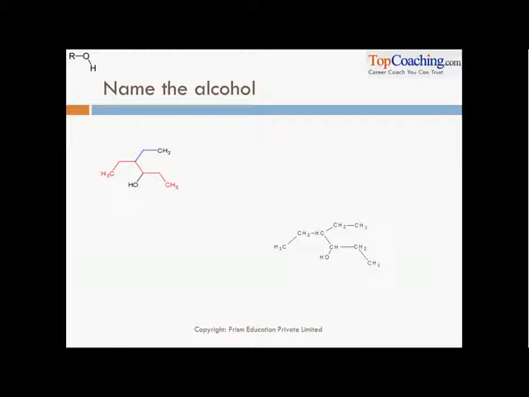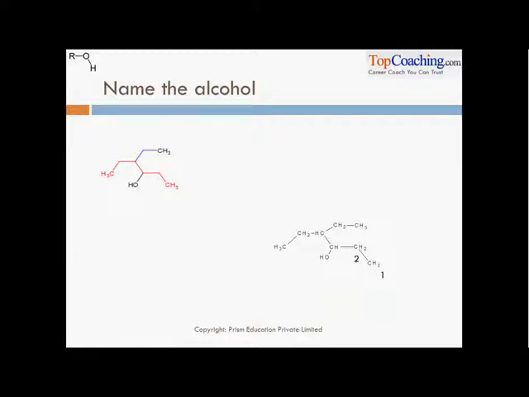Okay, let us name this alcohol now. First, let us expand it. You know these vertices are for the corresponding carbon atoms, right? Each vertex represents a carbon atom. So when I expand it, I get CH3, CH2 for this one, CH for this one, CH again here and CH2 here. Right? This is a shorter form of the structural formula.